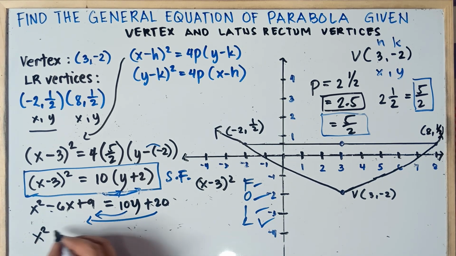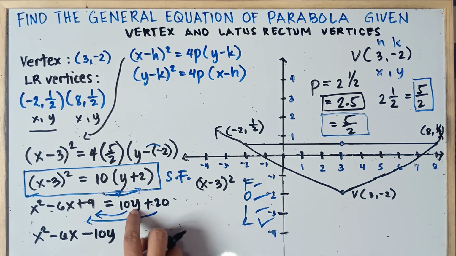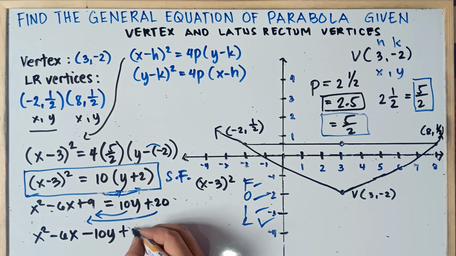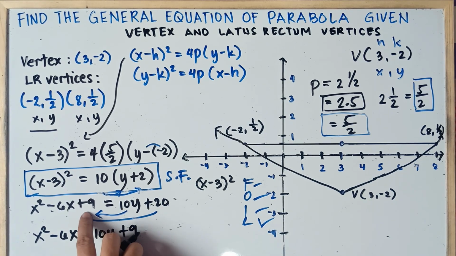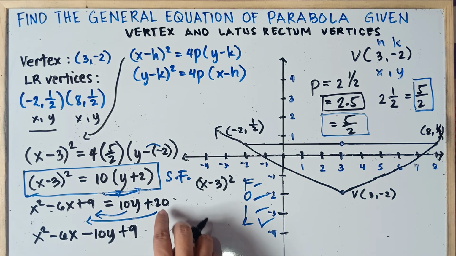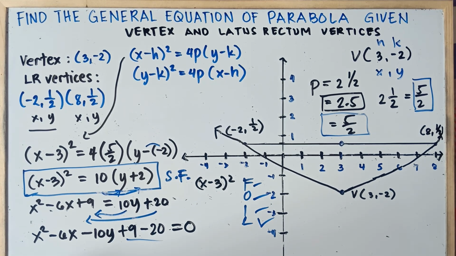So this will be x squared, copy, minus 6x. This is positive 10y, it will be negative 10y. Once you transfer from this equal sign, you change the sign. So simply copy negative 6x. This is positive 10y, it will be negative 10y. Alright, and then copy positive 9. Do not change the sign of 9, class, because 9 is already on the left side of this equal sign. We change the sign of positive 20 because we transpose 20 from right to left. This is positive, it will be negative 20, then equal 0. And then just simply combine this one, class, and you're all set.